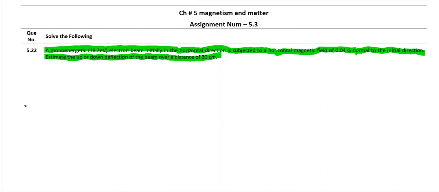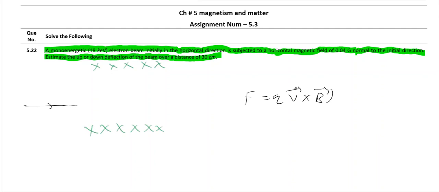So let us first try to understand the situation. Consider a beam of electrons going horizontally, and then let us apply a horizontal magnetic field which is going inside the plane of the screen. Now if you apply the right hand thumb rule and the formula F is equal to QV cross B, you will see that as the electron enters the field, because of the negative charge, it will experience force in the downward direction, and again if you apply the formula, you will see that it will retrace the path back like this.